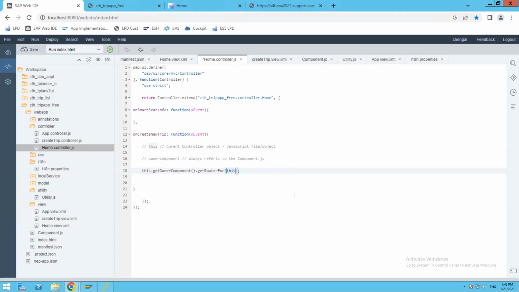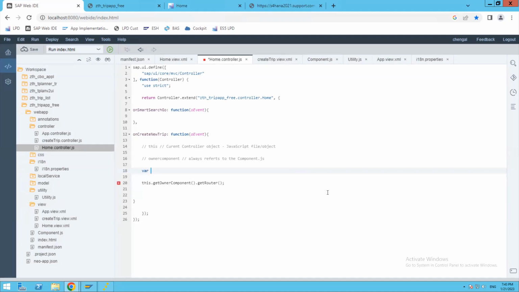No. Get router, that is enough. And for this one, okay. So here, we will need to look at another thing: how we define the variables. Variables declaration. So the variables declaration here, we can straight away write where,